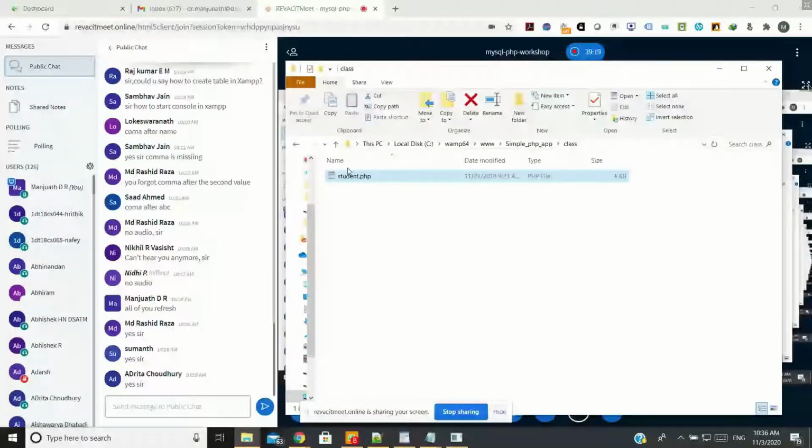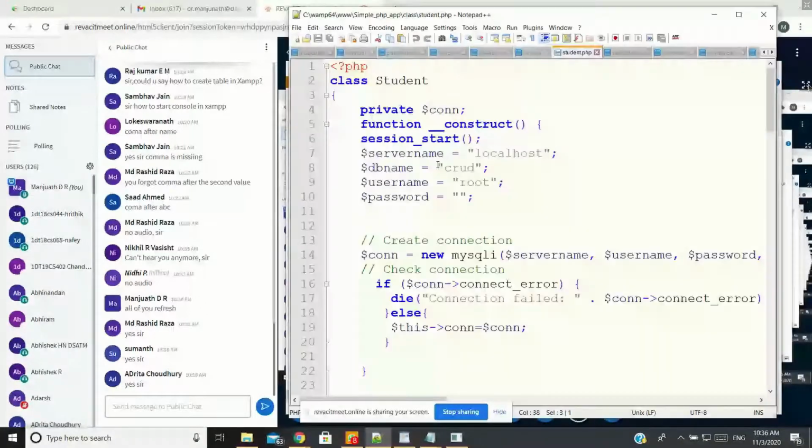So I have created some sort of model, to communicate between my database and the front end PHP pages. When you are working with this application, the way you connect with the database is almost the same whether you work from scratch without any framework, or with a framework like Laravel, CodeIgniter, or Symfony.